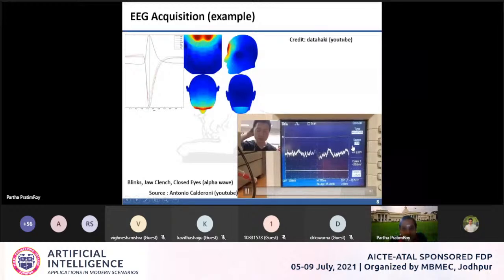So the electrode naming is done according to the position on the brain. For example, A is named for those electrodes placed at the auricle sites, left or right, near the ear. Then C will be on the central part. Then F is for the frontal part, near the forehead.